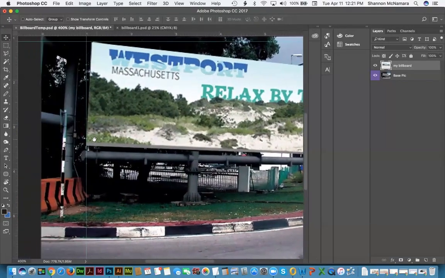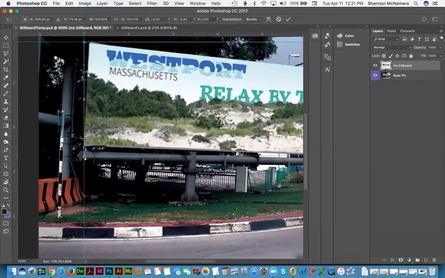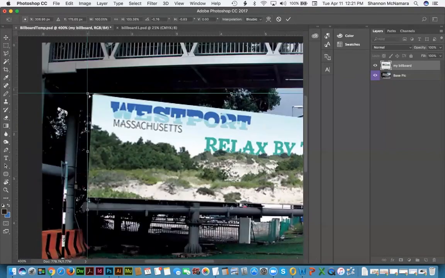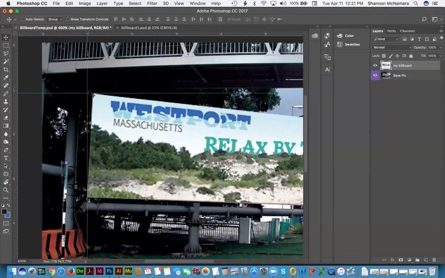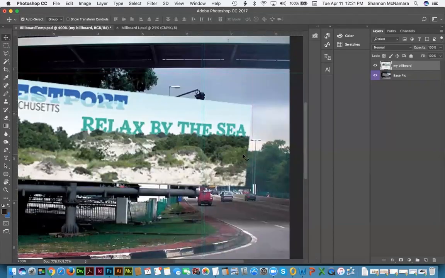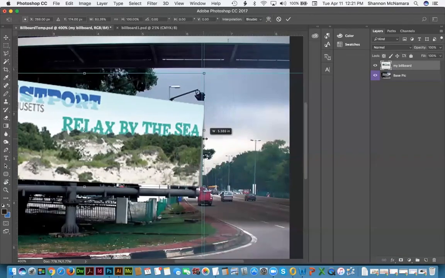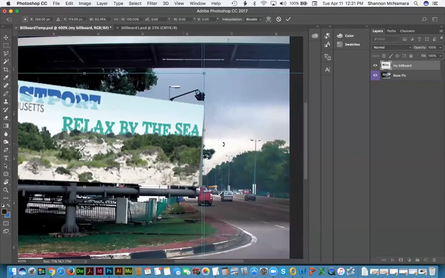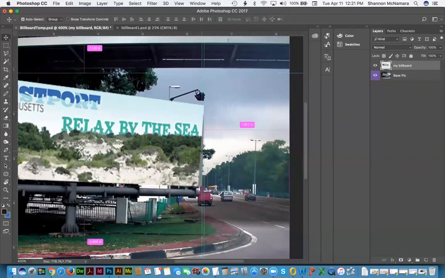I'm going to have to just scale it and bring it down over here. Oh, look, it moved a little bit up here. I got to move it up here a little. Hit enter. Hit Command T again. I'm not even holding down the Command key at this point because I'm just going to scale it in a little bit on this side, on the right-hand side. Hit enter. Command T, and you'll notice the bounding box isn't